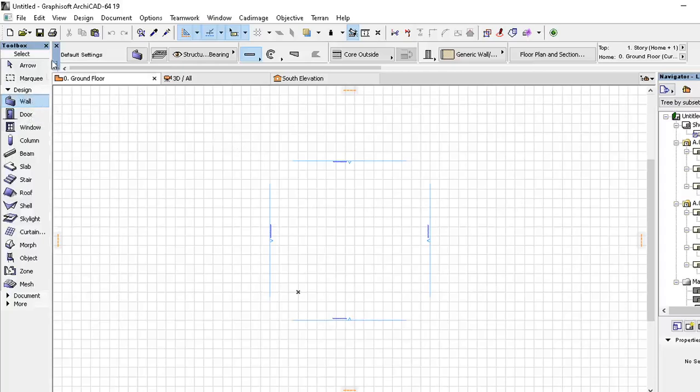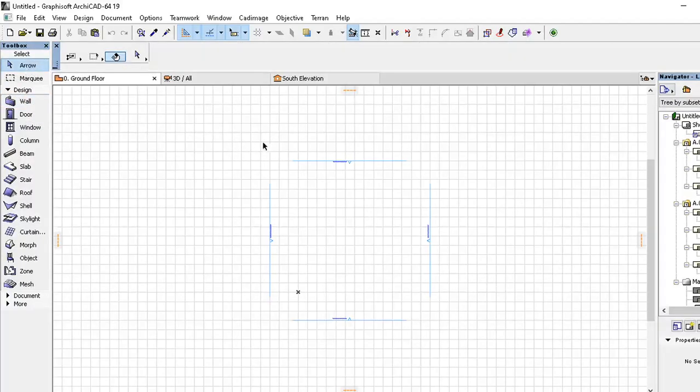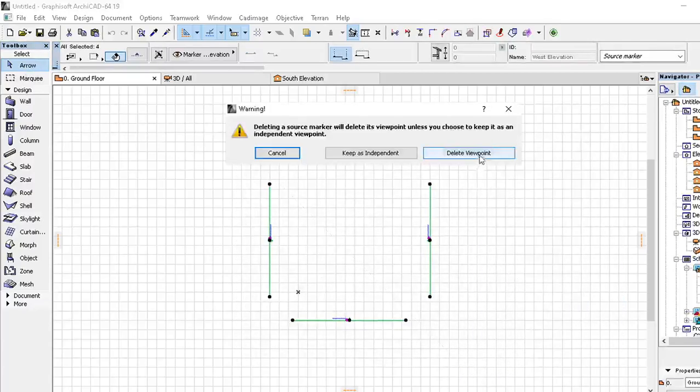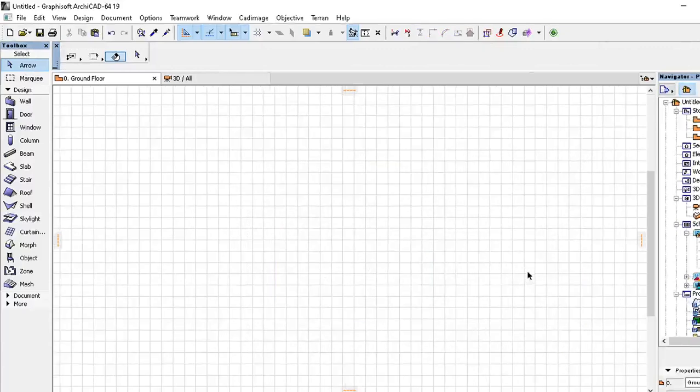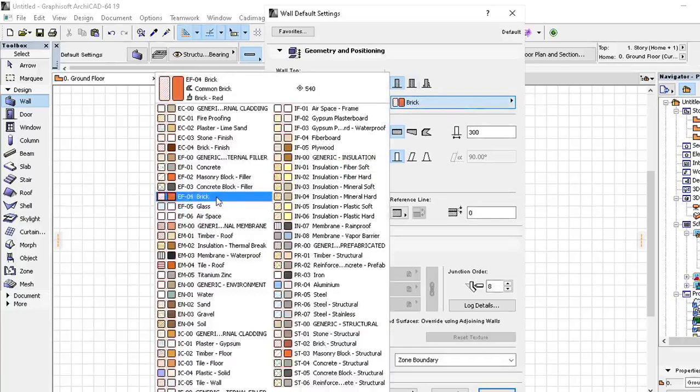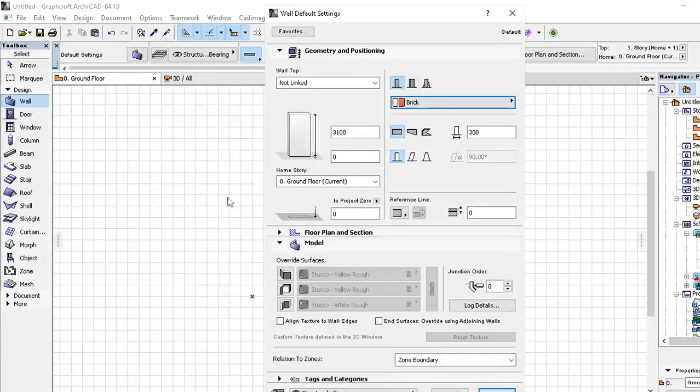So we start by first of all making sure that we click on the arrow, we delete whatever is on the screen. Okay, then we do our wall settings. Under wall top, we use not linked. We click on this type of wall. This type of wall is the one that we are going to use mostly in our design. We choose maybe, let's say, brick type of wall, and the height to be 2400, height of the walling,